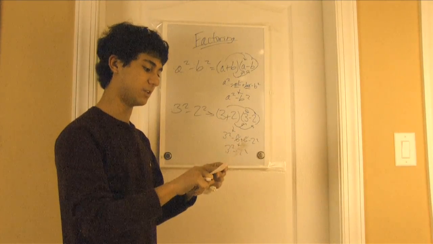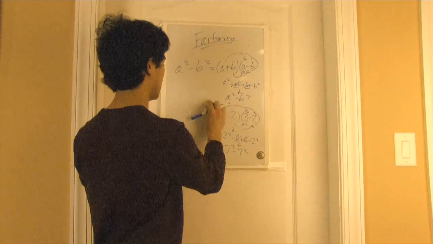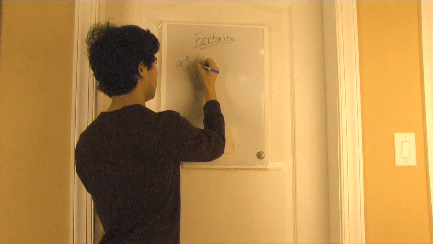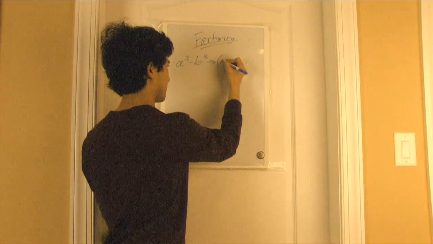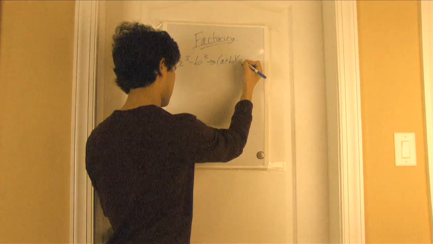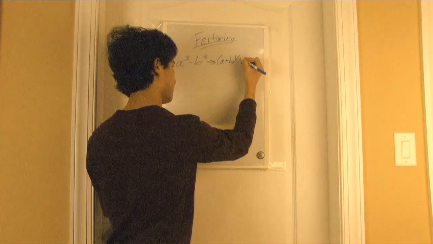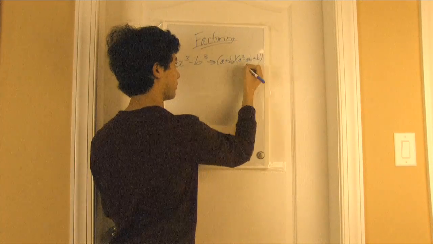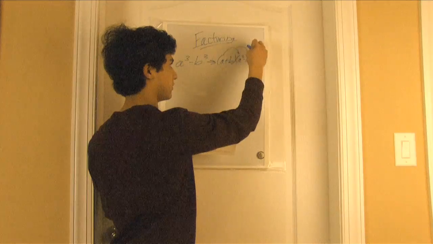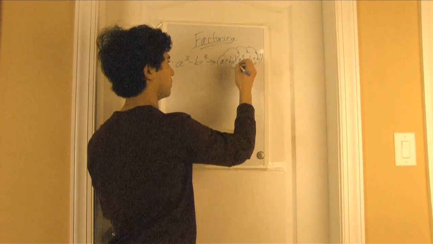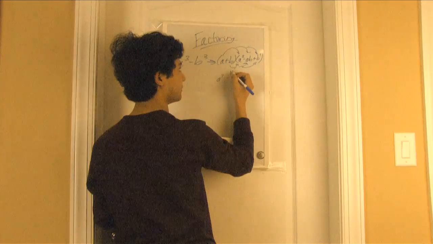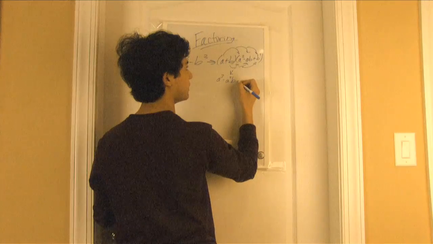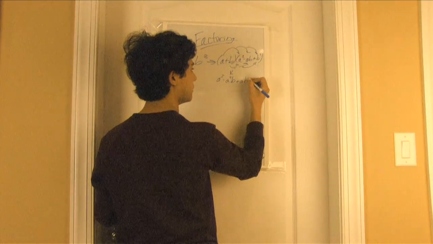Now we're going to look at the difference of two cubes, which is also in chapter 5.5. The formula for finding the difference of two cubes is a minus b times a squared plus ab plus b squared. When you multiply those out, just like the other ones, you'll get a cubed, minus a squared b, plus a b squared,